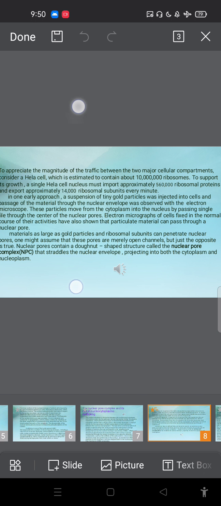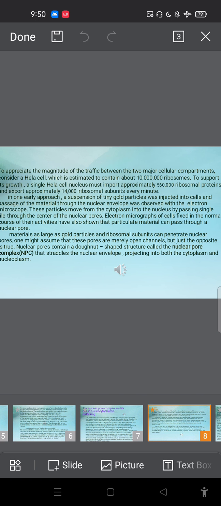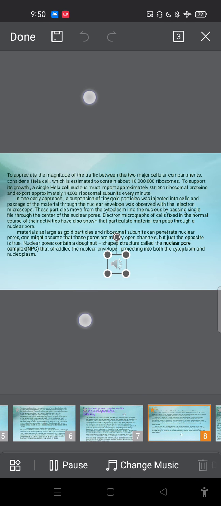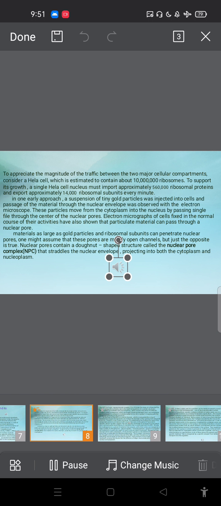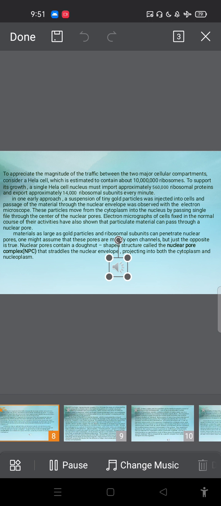To appreciate the magnitude of the traffic between the two major cellular compartments, consider a HeLa cell, which is estimated to contain about 10 lakh ribosomes. To support its growth, a single HeLa cell nucleus must import approximately 5,16,000 ribosomal proteins and export approximately 14,000 ribosomal